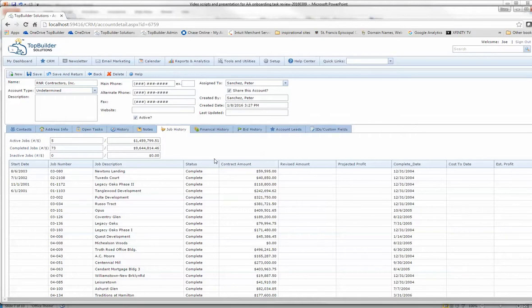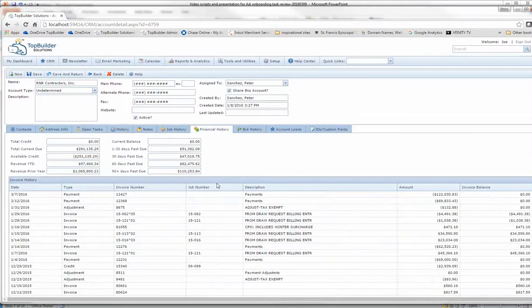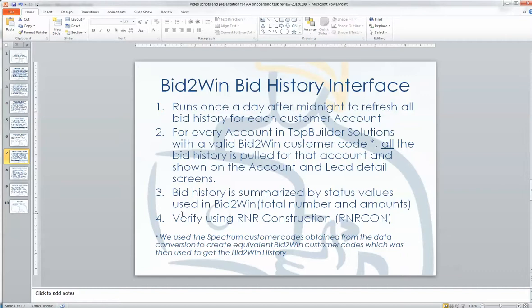You'll see this came from Spectrum for R&R contractors: the number of active, completed, and inactive jobs, and the dollar amounts, and then the invoice history. And from a financial summary standpoint, we have the credit, the amount due, and since there's no credit, they have negative credit for R&R contractors. Revenue year to date, revenue for the whole prior year, 2015, and then the balances in the respective categories. And we have documented this, and I'll show you that real quickly